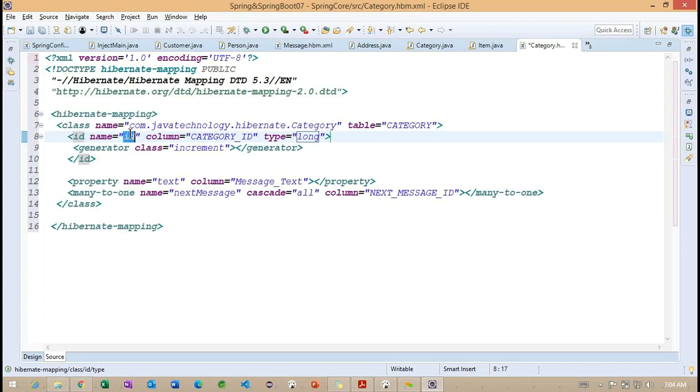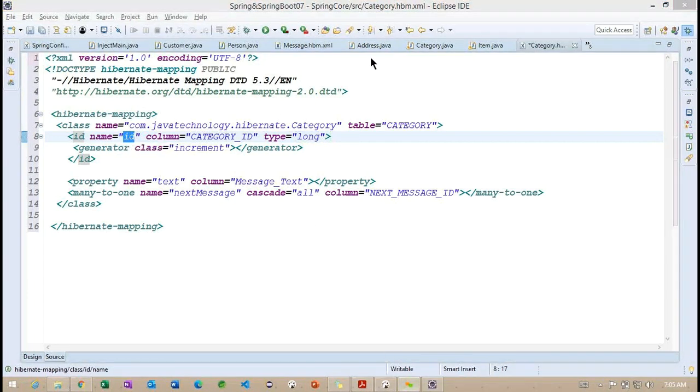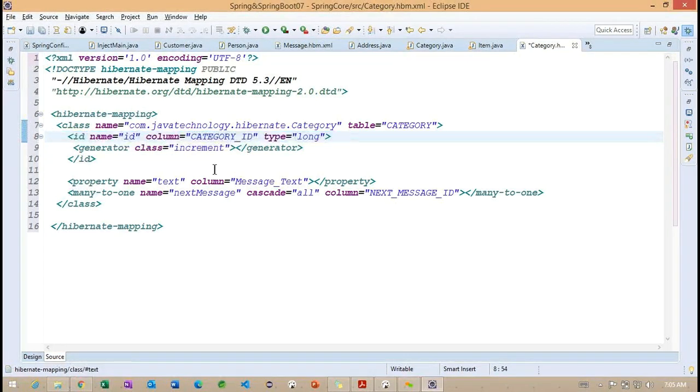Based on the name of the field we are specifying here, whatever data type that field has, the same data type is going to be used. If the data type is not available, the nearest relative database type applicable to this database is going to be used. These are the things we need to understand when we are working with this ID.